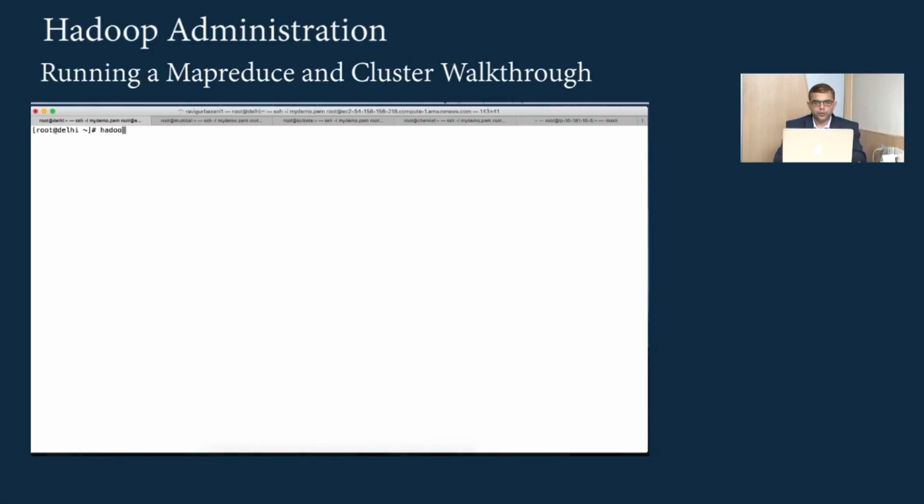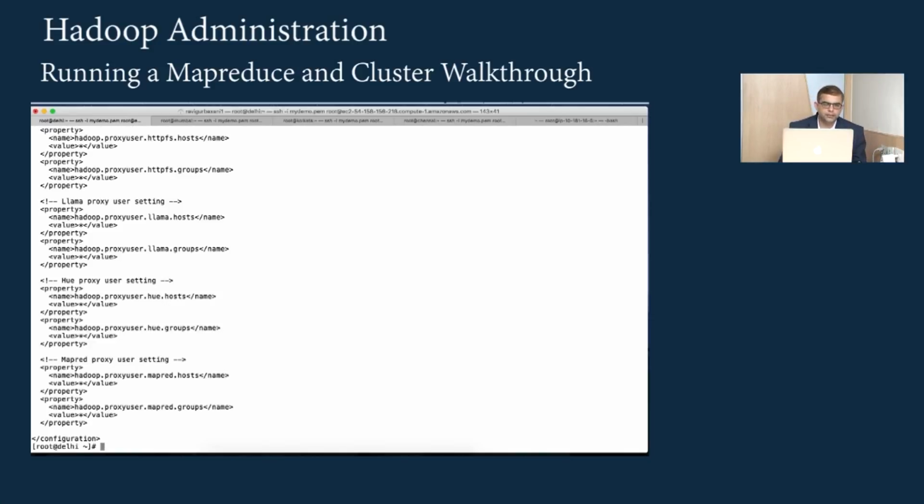So first we say hadoop fs -cat input/core-site.xml. So we see this file, which is core-site.xml. Now if we have to see this in the background, what we'll have to do is say cd /home/disk1/